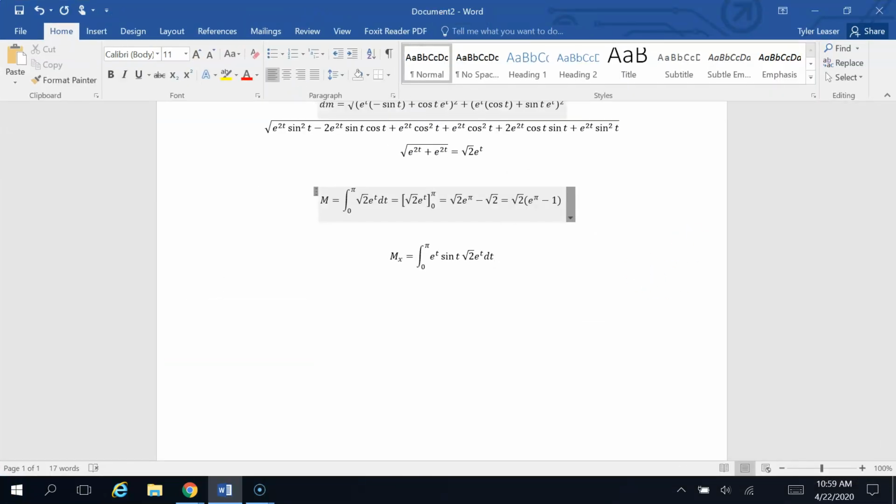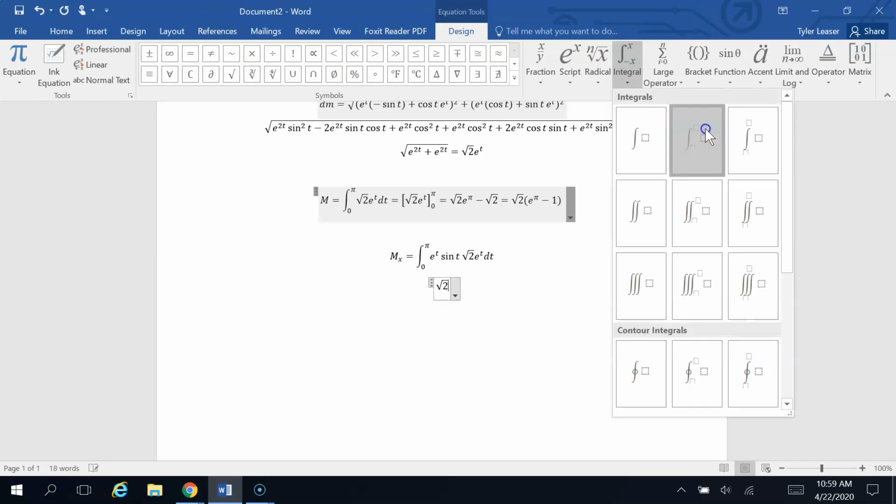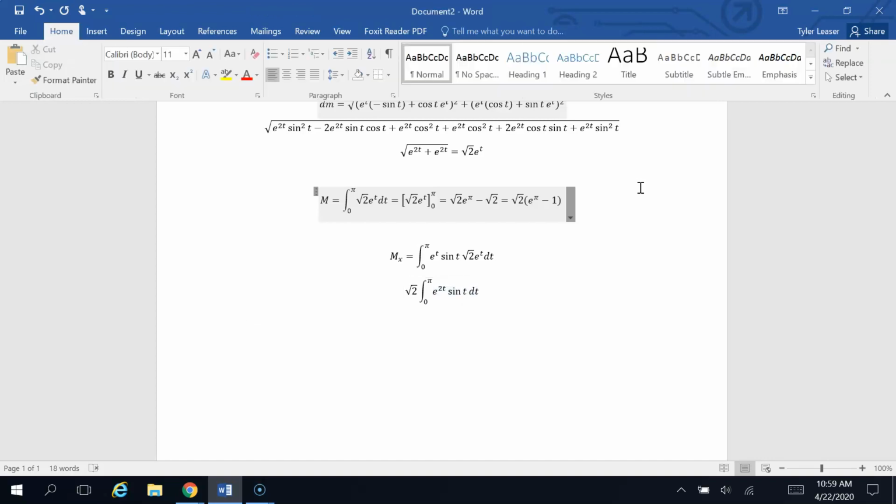Okay, so yeah, sorry, I had to pause it twice now. To get through this integral, we're going to take the square root of 2 out, and that leaves us with the integral from 0 to pi. We'll multiply the e's together, so it's e to the 2t, we have a sine t and then a dt. Okay, to do this integral, we're going to have to do integration by parts, and we're going to have to